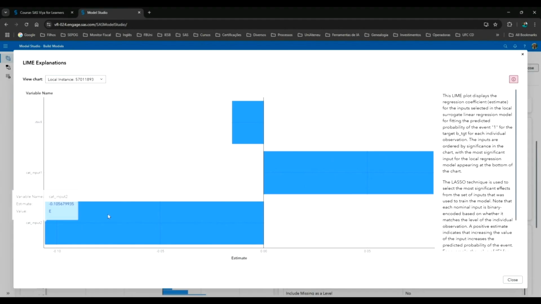Remember that this technique uses lasso, okay? Lasso is very good to kill some coefficients if the coefficient isn't important.